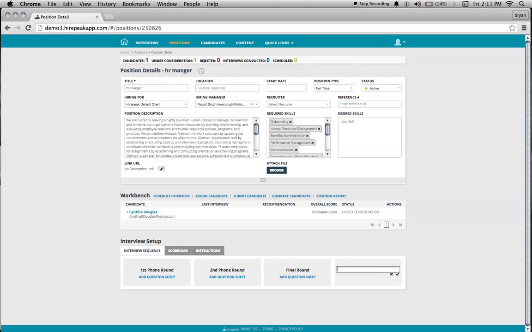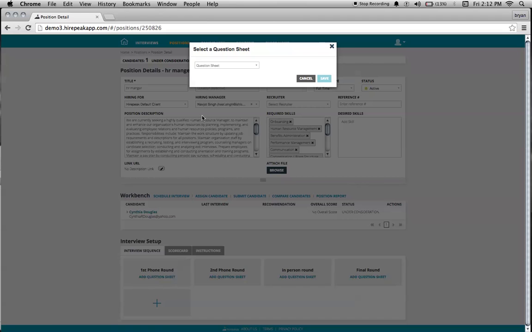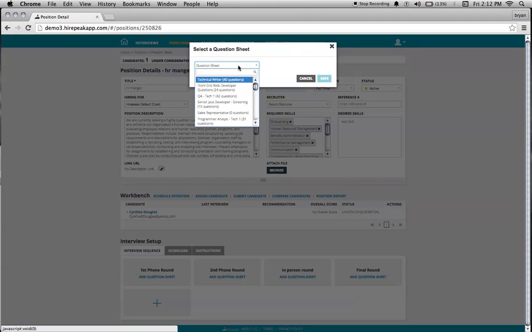Let's say we want to add a in-person round. Just type it in. There you go. But you might notice it might not be in the right order that you want it to be in. So let's just select it, drag it, and move it. And there you go. You also may notice that it says Add Question Sheet. Well, obviously there's a round of questions that are associated with that round. So just simply add the questions, select here,